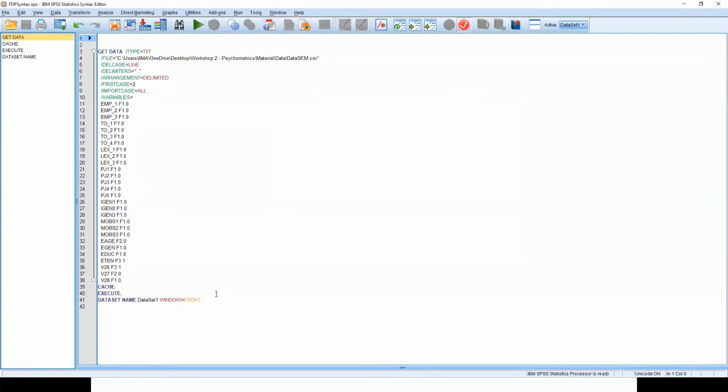At that time you have to remember what options you had clicked in order to get to this point. So a very good place to start is to have a syntax file.